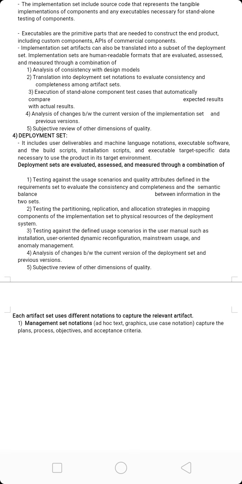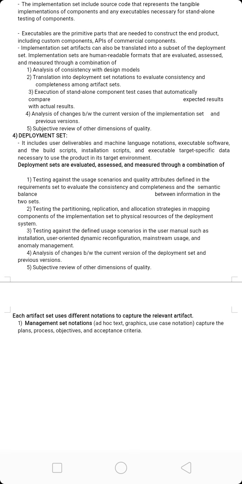Next one, testing the partitioning, replication, and allocation strategies in the mapping components of the implementation set to physical resources of the deployment systems, that is platform type, number, network number are taken. Okay, next one, testing against the defined usage scenarios in the user manual, such as installation, user oriented, dynamic reconfiguration, mainstream usages, and anomaly management are taken.